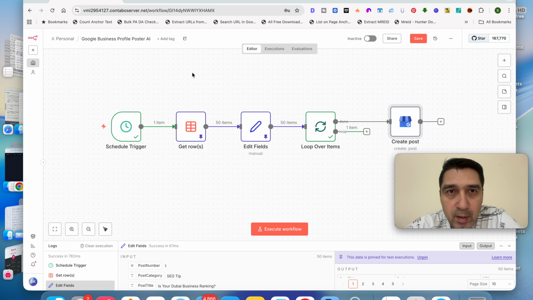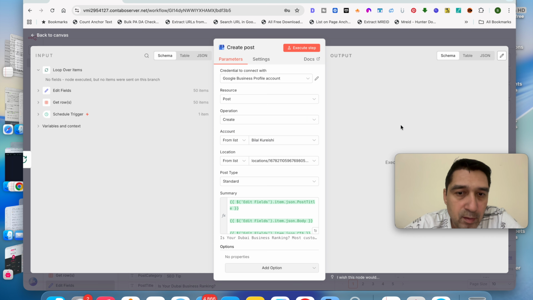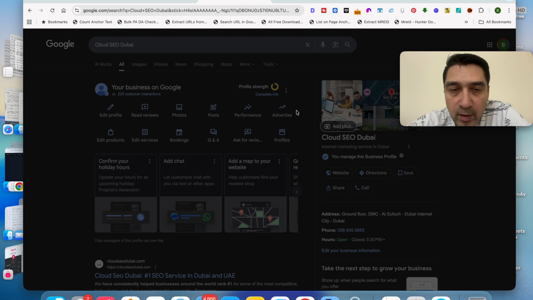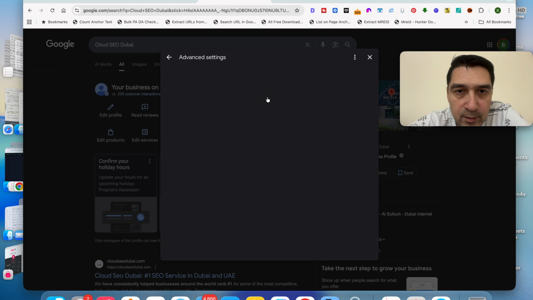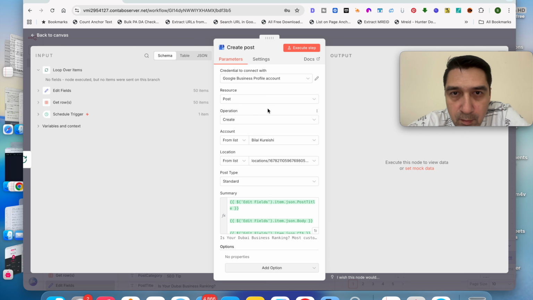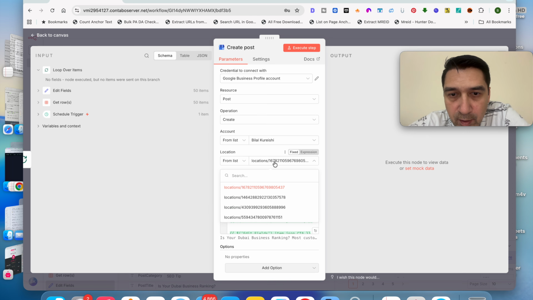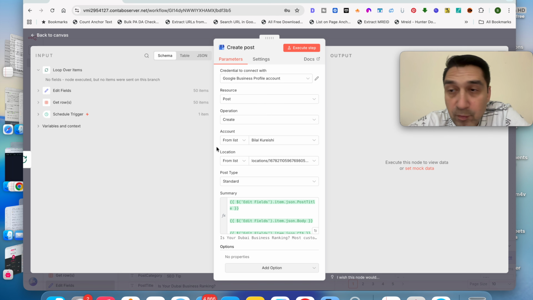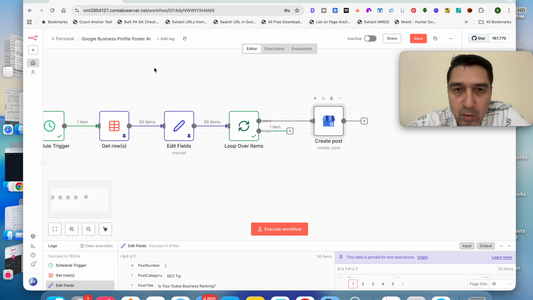business profile. Now, the next question is, how do you find this? Okay, so this is simple. You go to business profile settings and advanced settings, and this is your ID over here. So just copy your ID. Just make sure this ID matches this over here. So this is your ID. All right. If you just have the one Google business profile, this will be the only one, but I manage multiple across multiple platforms. So now we have this auto poster set up that will loop through all the items